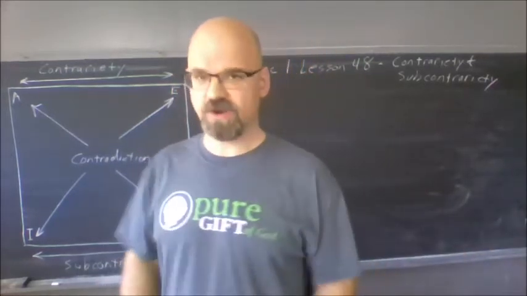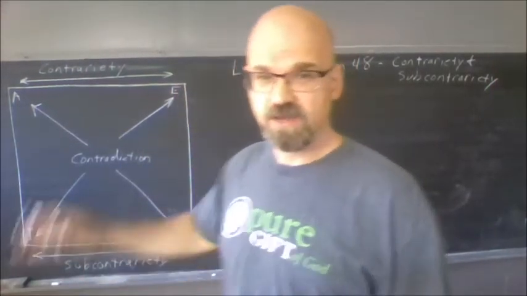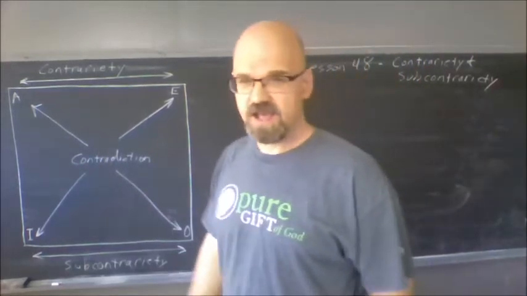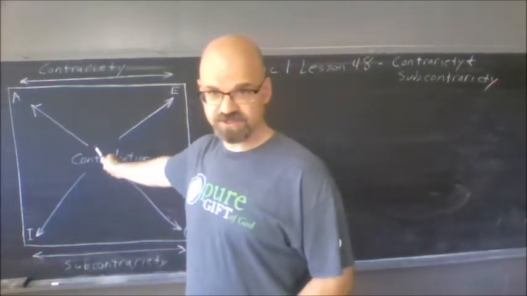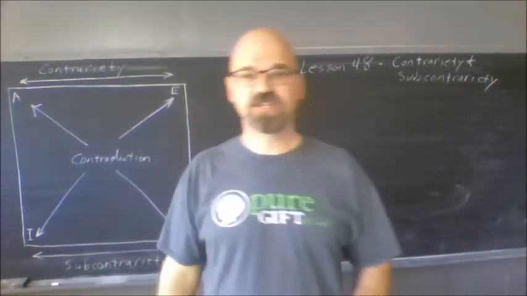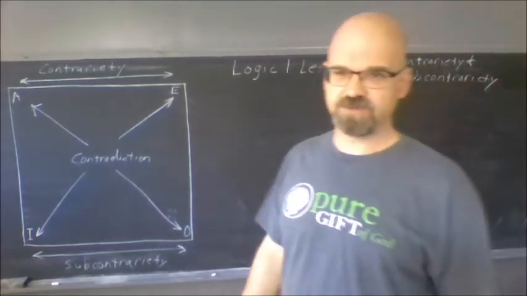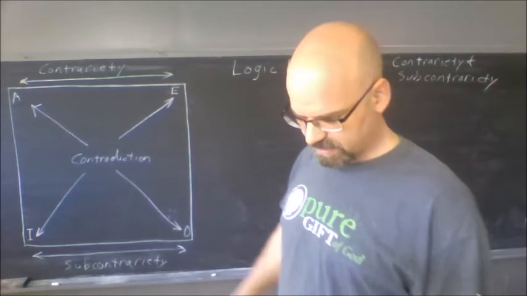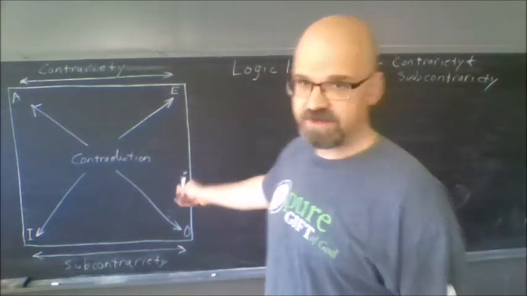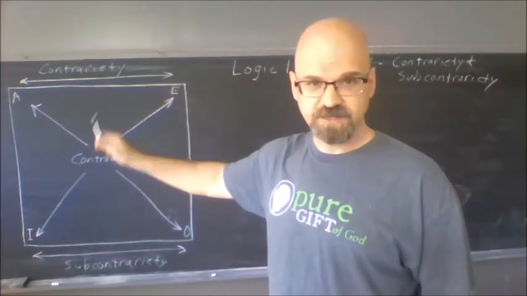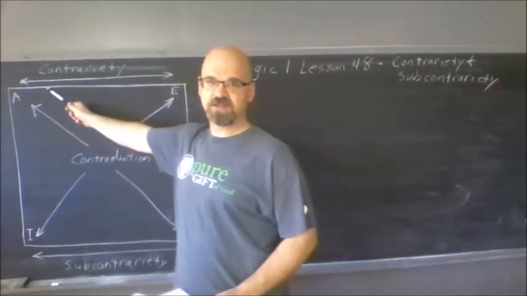So the square of opposition, and I have that drawn over here. I don't have everything on it because we're kind of working through and learning it as we go. What we have already learned is contradiction, right? So contradiction is the relationship between E and I statements and A and O statements. So basically a contradiction is that if one is true, the other must be false. If one is false, the other must be true. It's pretty straightforward. So if an A statement is true,